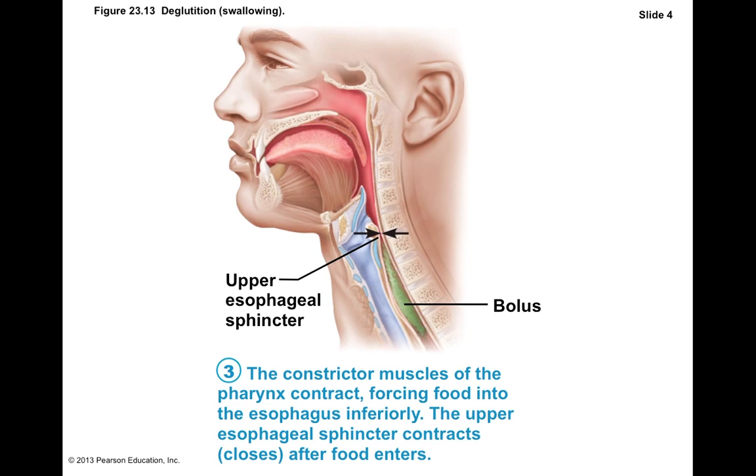And there's two sphincters associated with the esophagus, right? This one they're showing here is an upper esophageal sphincter. And we'll learn about why that makes sense. But this upper esophageal sphincter, once the bolus of food goes beyond that, it constricts and it closes off. That way the bolus of food shouldn't come back, right? Sometimes it does. That's when you kind of like burp up a little bit of food. But for the most part, this upper esophageal sphincter should effectively prevent material from regurgitating or coming back into your